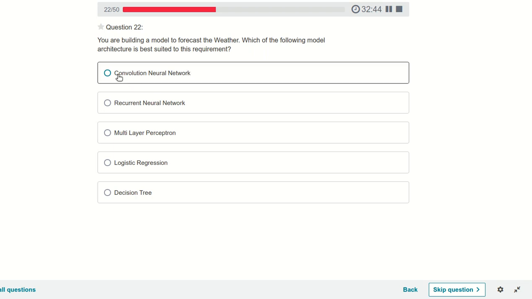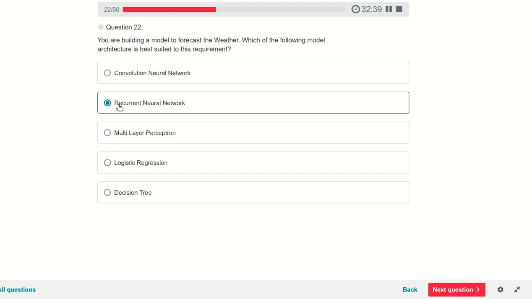So CNN, that is a convolutional neural network. No, totally wrong. RNN, that is a recurrent neural network, that is perfectly okay. RNN, LSTM we generally use for time series data, when we have to forecast the future, what could be a share price in the future, what could be tomorrow's weather, or the weather after 1 year.